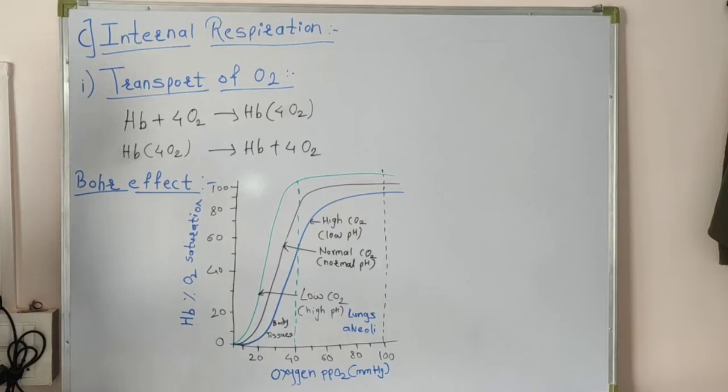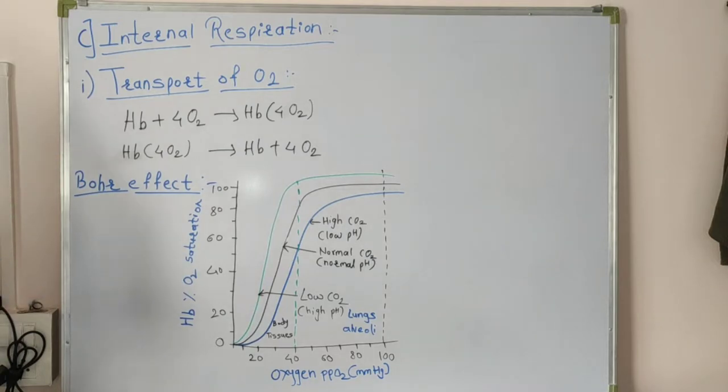We already know that in the respiratory system, in the respiration of oxygen and carbon dioxide, two main components are involved. First is the plasma and second is the RBC. RBC means red blood cells. And with the help of this RBC and plasma, these gases get transported. On the basis of this, we will see transport of oxygen.